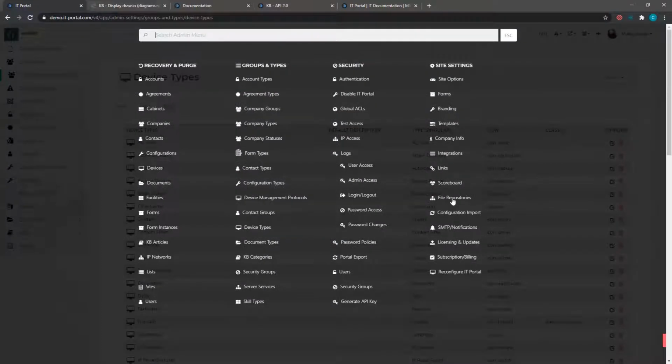Okay, file repositories. I would refer to the KB on this one. This allows you to basically map a network drive to your web interface. So if you wanted to have downloadable ISOs and printer drivers or whatever for your technicians, you could create a mapped folder through file repositories and access